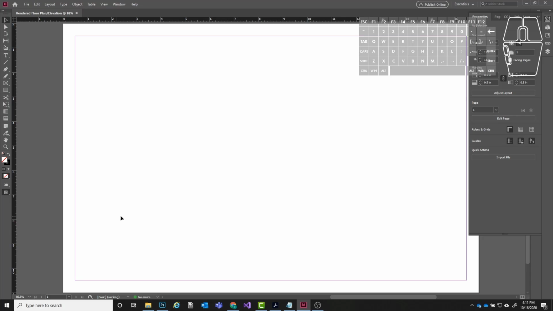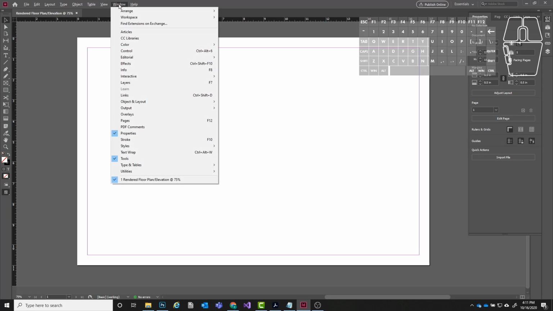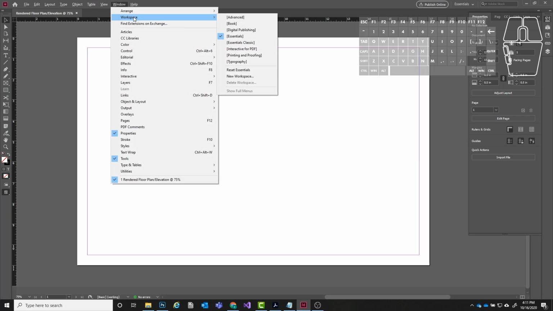All right, so then this is going to bring us to our actual workspace. So as you can see, it looks similar to Photoshop, but there are a bunch of noticeable differences. Okay, so your tool sets are different and our layers panel is not really here. You should have a properties panel that is open, hopefully by default. I'm not quite sure what the default configuration is because mine might be set up a little bit different than yours. But if you were to go to workspace and then make sure that you have the essentials checked,